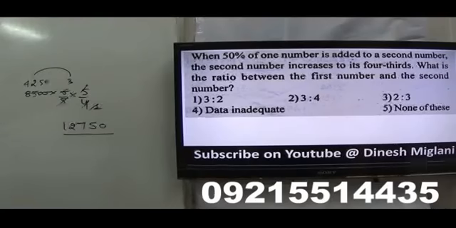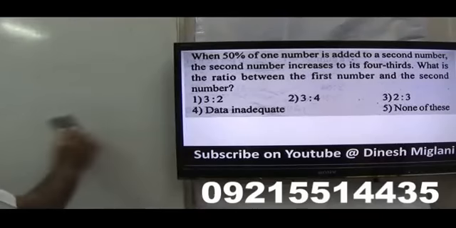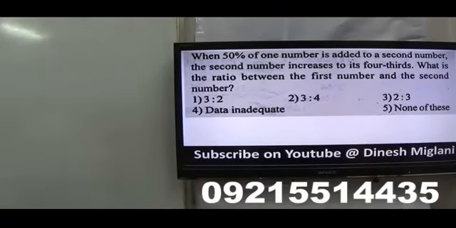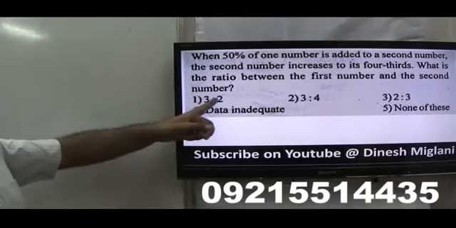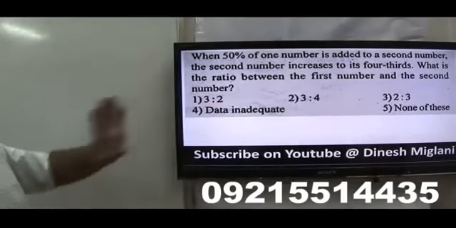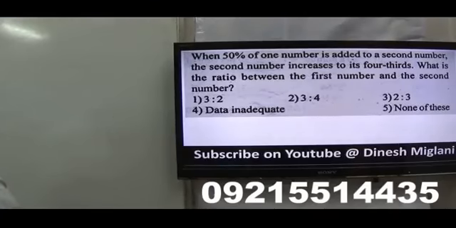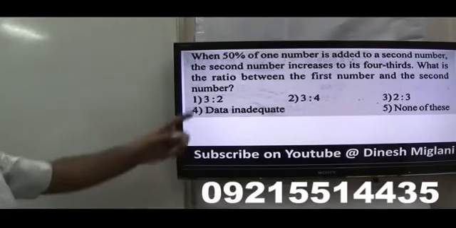When 50% of one number is added to a second number, the second number increases to its four-third, right? What is the ratio between the first number and the second number? Take the options. 50% of a number means 1.5 added to the second number, that becomes 3.5, right? Now check out whether it is four-third of that. No,